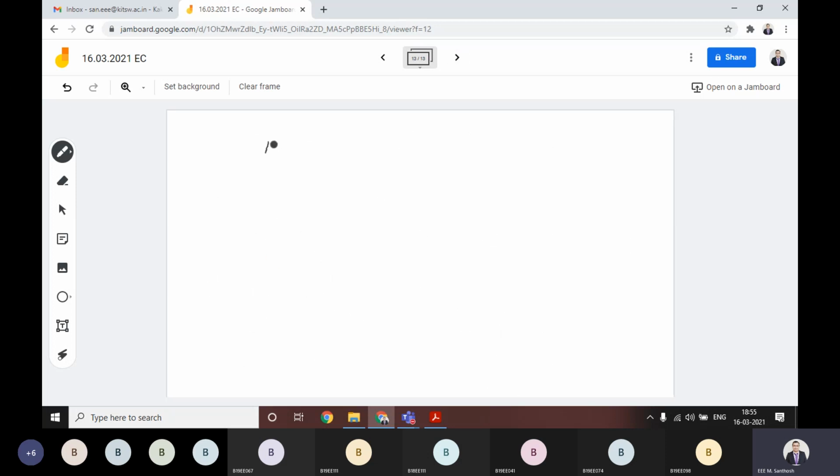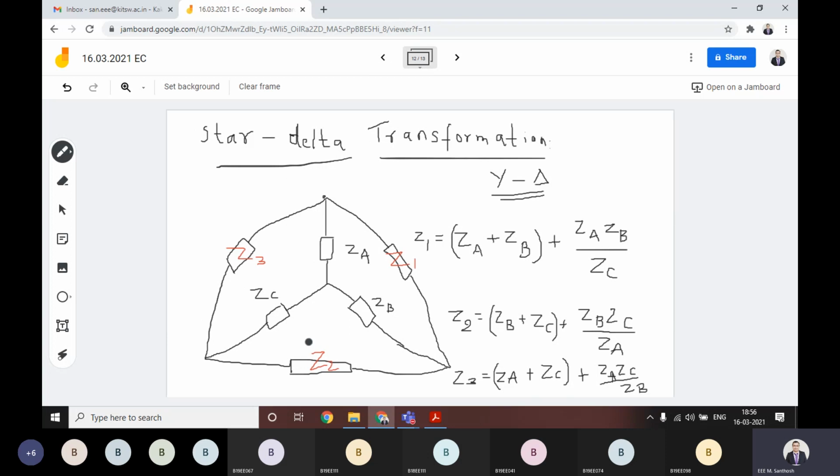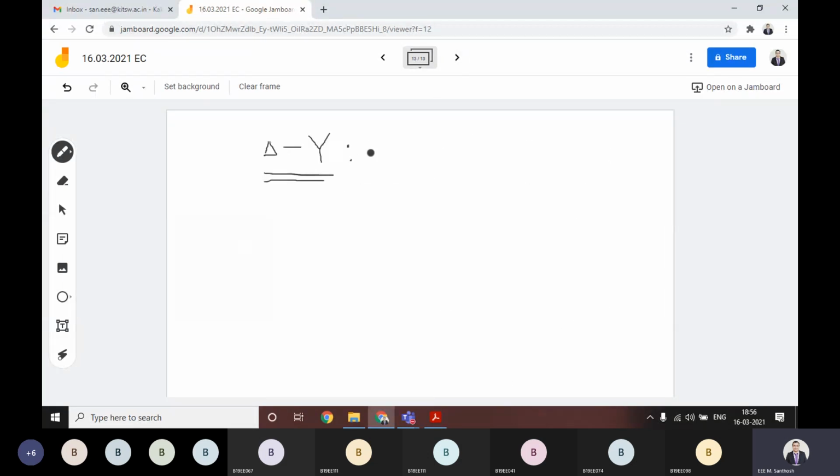Then whenever you are transforming from delta to star, here in delta you know the values of Z1, Z2 and Z3, these red color values you will be given in the network. Then you have to find the values of ZA, ZB, ZC. If you want to calculate the ZA value, simply remember this way: the product of known